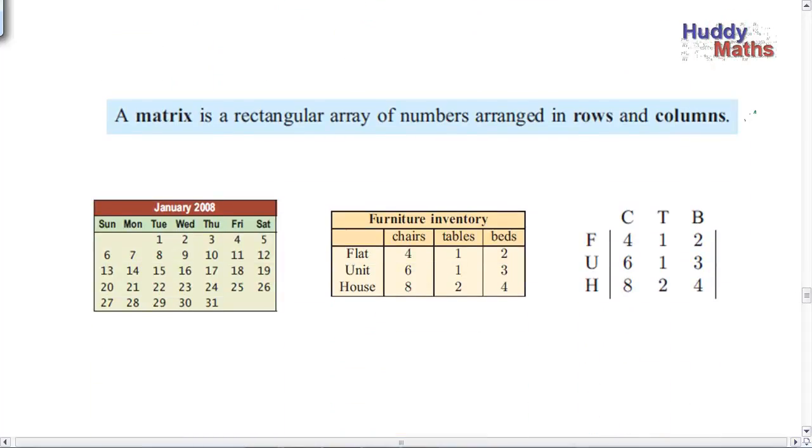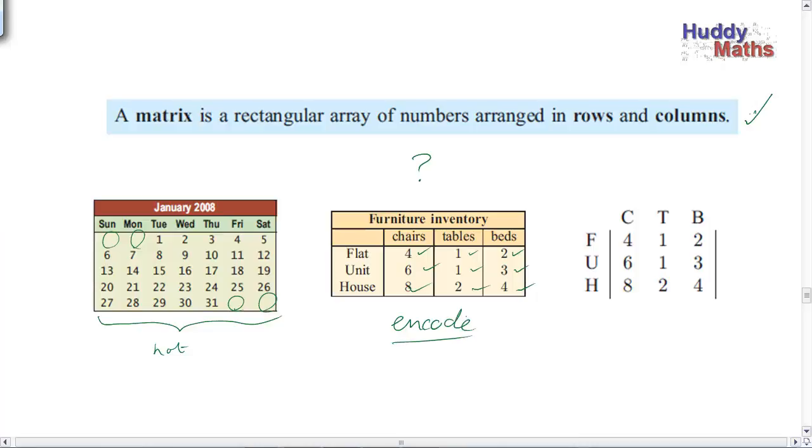A matrix is a rectangular array of numbers arranged in rows and columns. Which of these three would you call arrays or matrices or a matrix? Have a look, just think about it. Is this a matrix? No, it's got entries missing and zeros wouldn't fit in there. But that's not a matrix. Is this a matrix? Yep, it's an array of numbers, all meaning some particular thing. Just remember, we're encoding